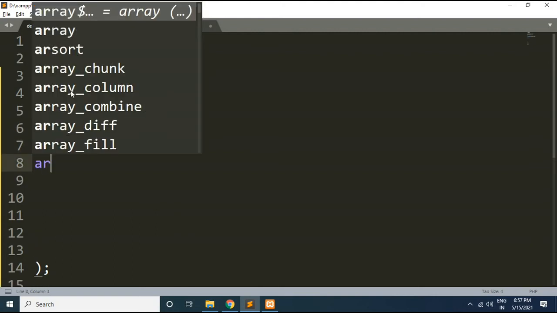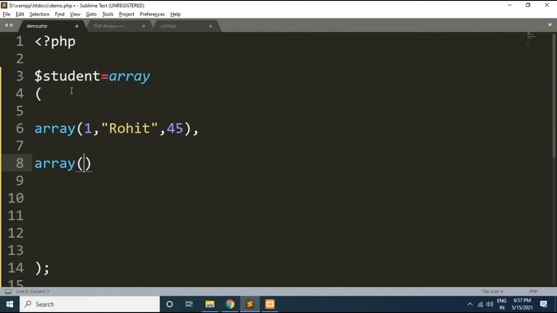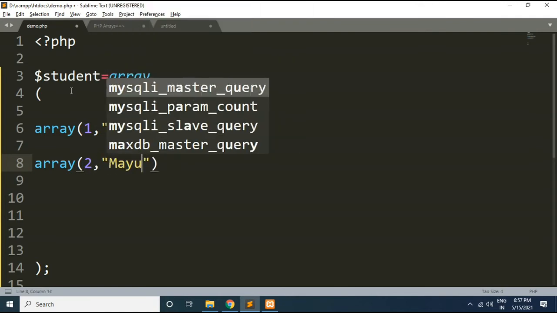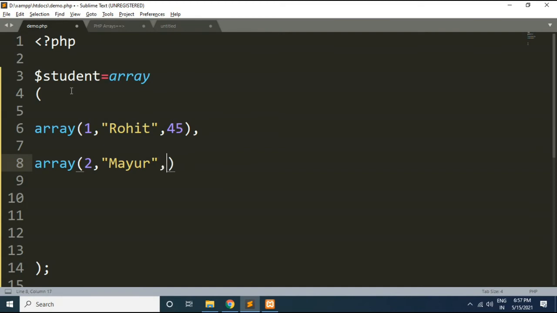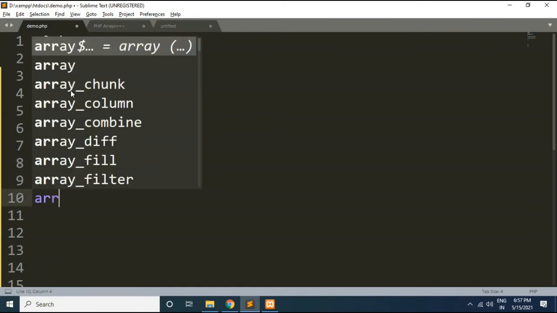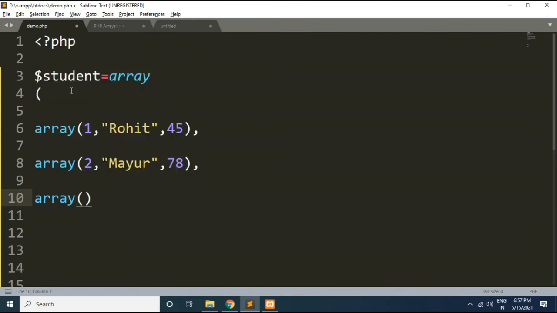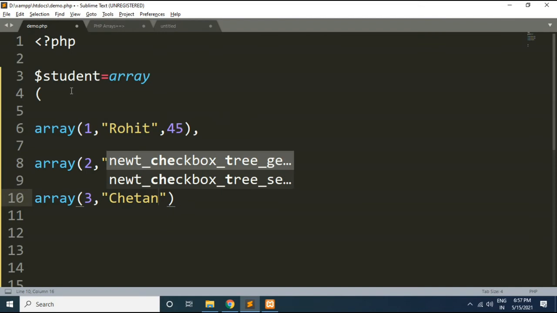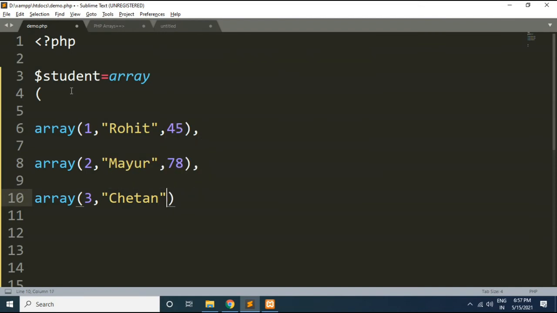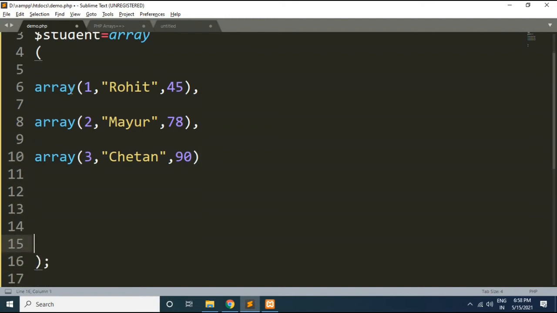Now the second sub array I can specify like this, array. Roll number 2, name is Mayur, let's say marks are 78, comma, third sub array, array, roll number 3, Chetan, and specify marks here, let's say 90. So we will create 3 sub arrays here.